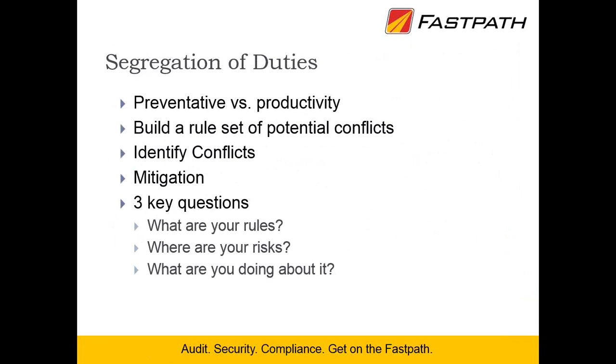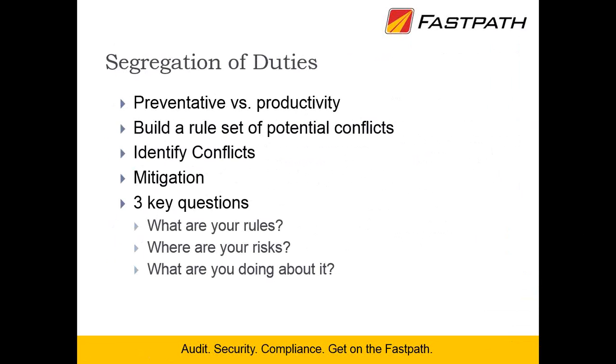If you are using a methodology that says, hey, I recognize that this person can create a vendor and a purchase order, but I mitigate that because we have a workflow in place of purchase order approvals, you want to build a mitigation for the risk. So recognize the risk, build a mitigation, which is a control, assign that control to the risk, and now you've demonstrated that to the auditor.